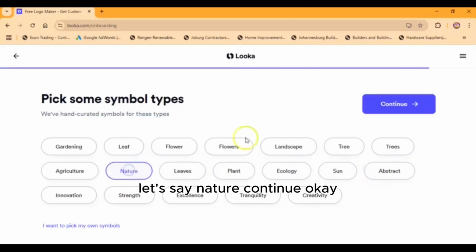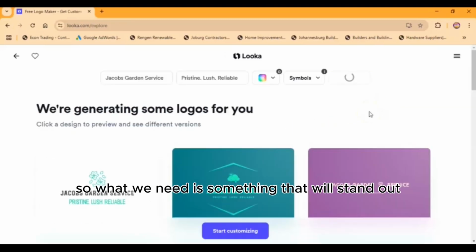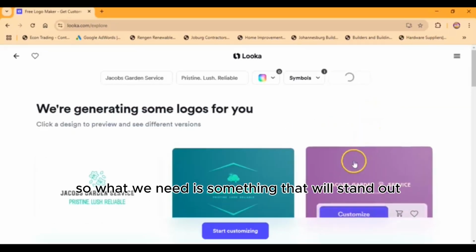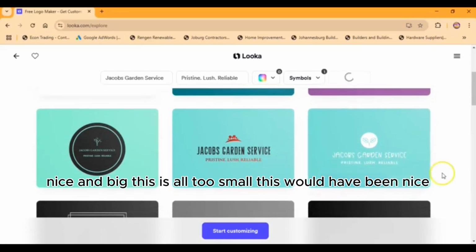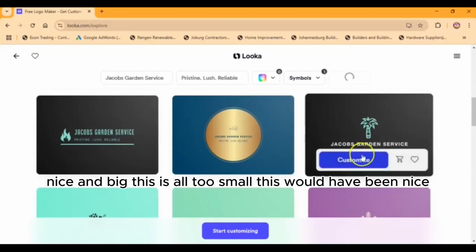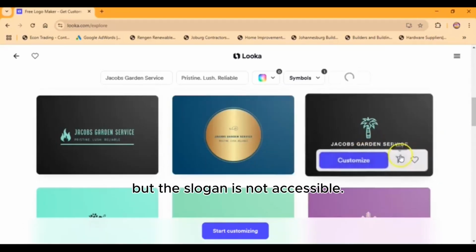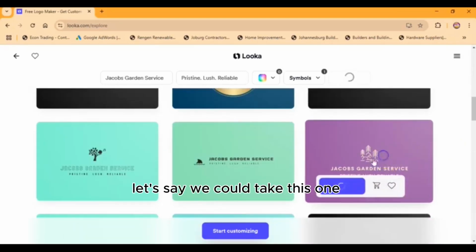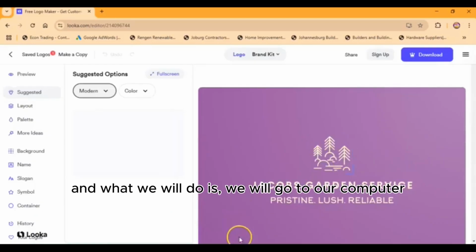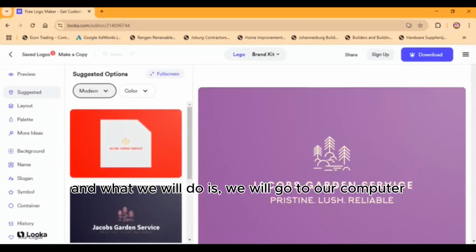Let's say nature. Continue. Okay, so what we need is something that will stand out that is absolutely white. Okay, nice and big. This is all too small. This would have been nice, but the slogan is not accessible. Let's say we could take this one, and what we will do is we will go to our computer and